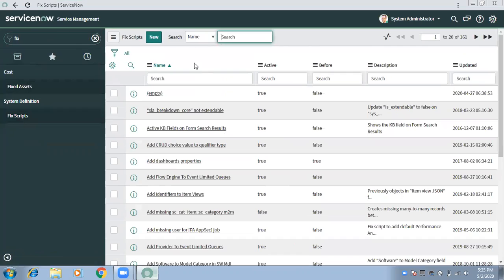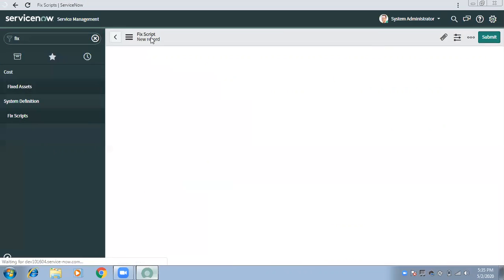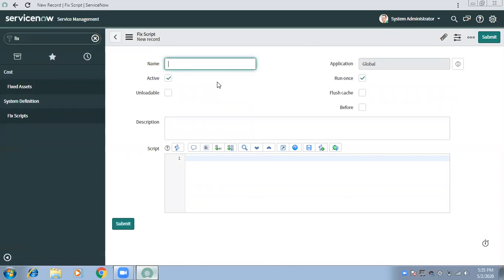Today's agenda is understanding how to insert a record, how to query a record from a table, how to update a record, and how to delete a record. As I previously said, GlideRecord provides you these functions to insert, update, delete, or query a record from a table.